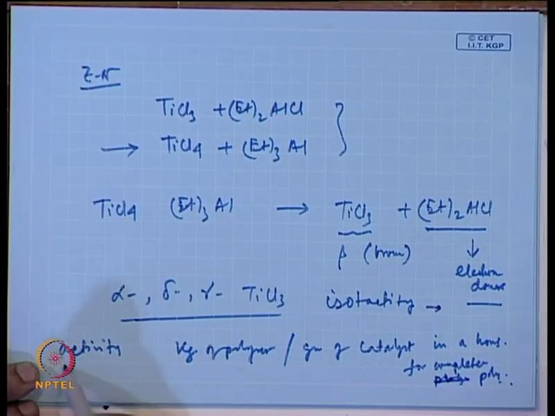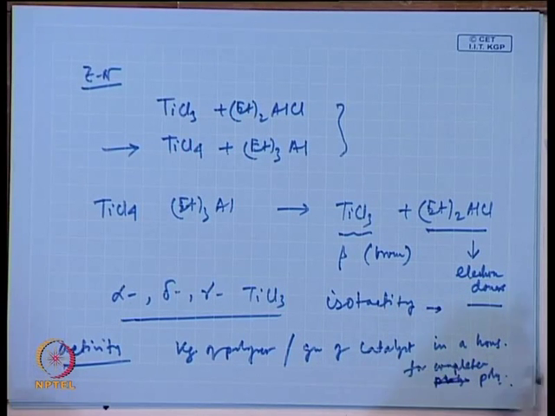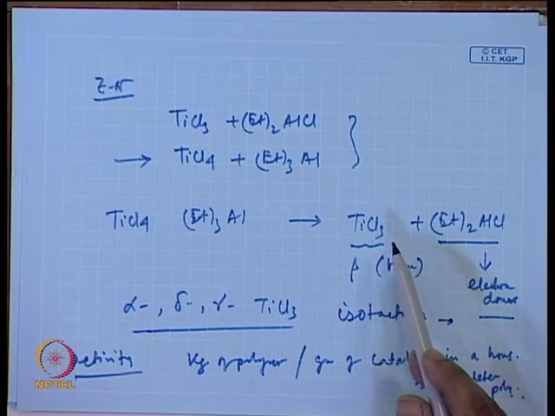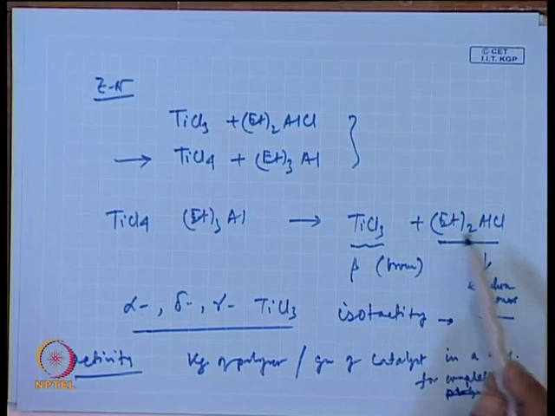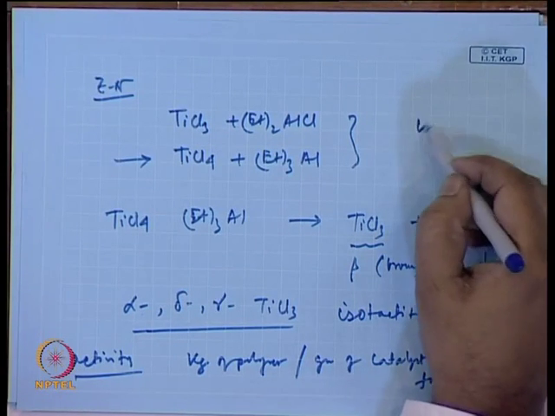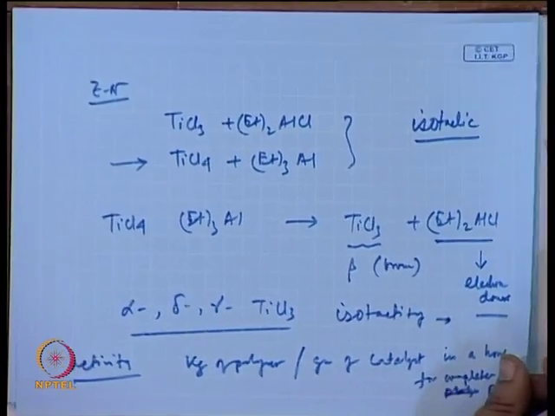So, the activity of the catalyst is defined as kg of polymer per gram of the catalyst used. You can use either per hour or at the end of the polymerization. Now, in most cases this type of combination of transition metal compounds and alkyl aluminum compounds produce completely isotactic polymers, except a few cases where